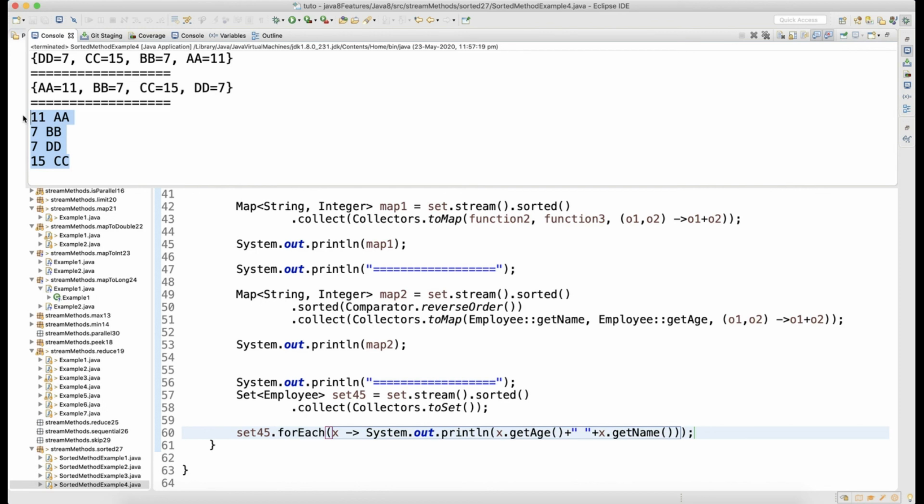Okay, so that's how, guys, sorting will mainly help you to sort your data based on the comparator when you have a custom object. When you don't have a custom object, the default sorting will work, because all your String classes and wrapper classes internally implement Comparable, so it will do a default sorting, right? But even in case of a custom object, when your custom object implements Comparable, based on whatever implementation you have written for your compareTo, the sorting will happen.